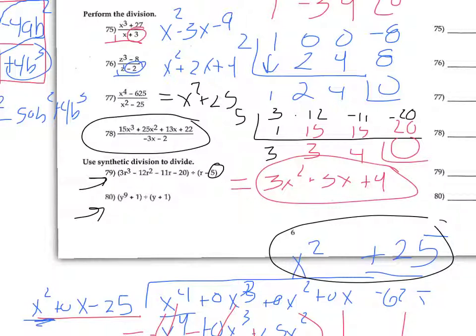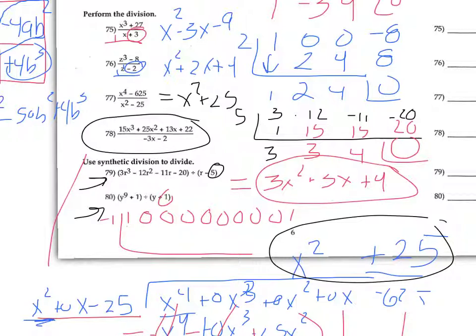Now this last one here, it's just kind of long, and we'll get back to doing this here in a second. So to flip that around, we got negative 1, then we have 1 y to the 9th, 0, 8th, 0, 7th, 0, 6th, 0, 5th, 0, 4th, 0, 3rd, 0, 2nd, 0, 1st, and 1. So bring this down, we get our 1, multiply to get our negative 1, bring down our negative 1, multiply